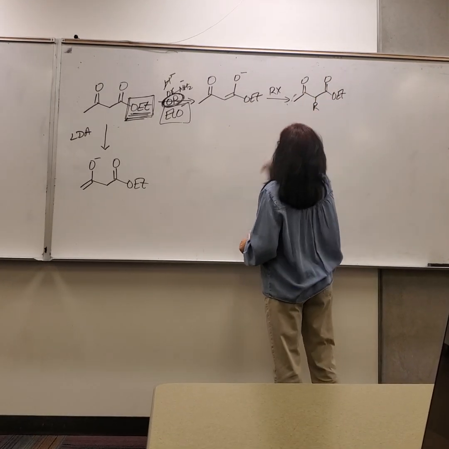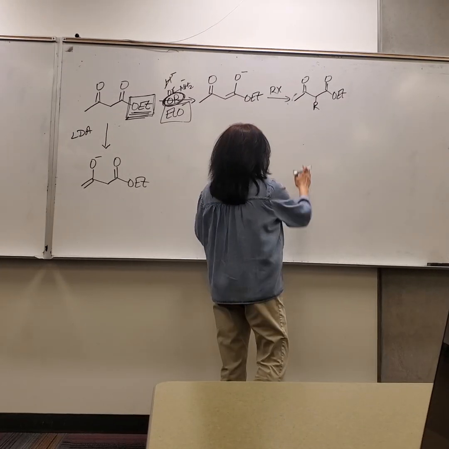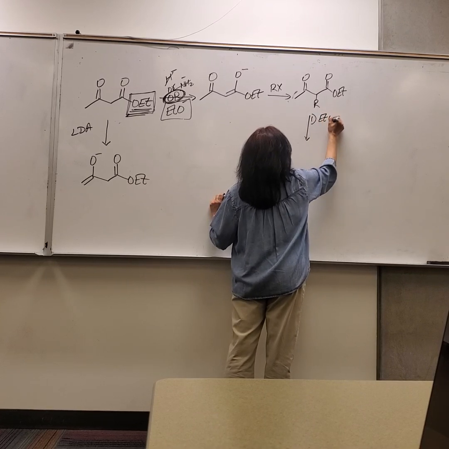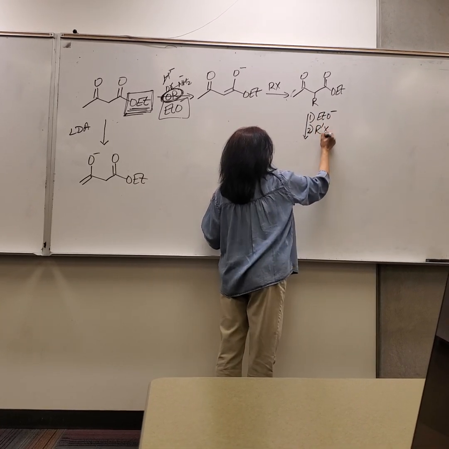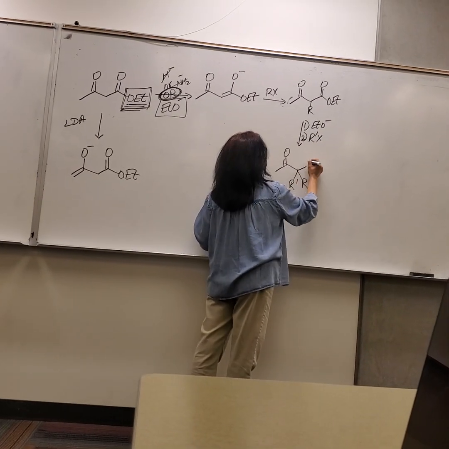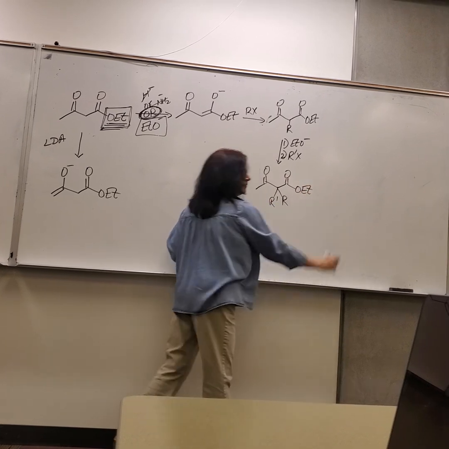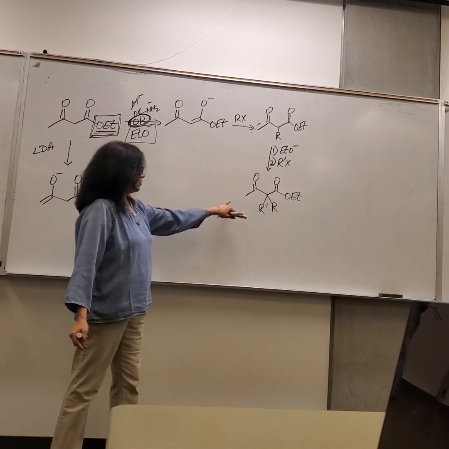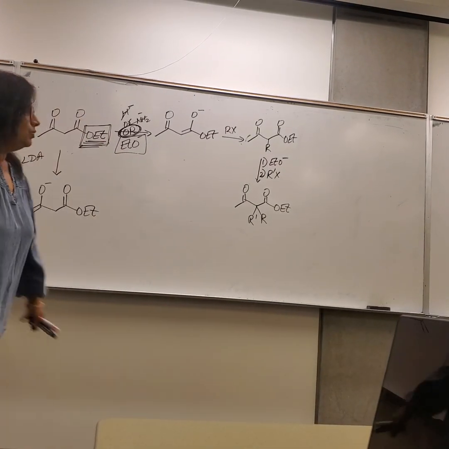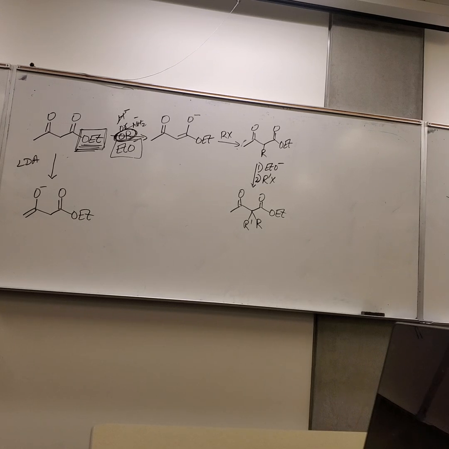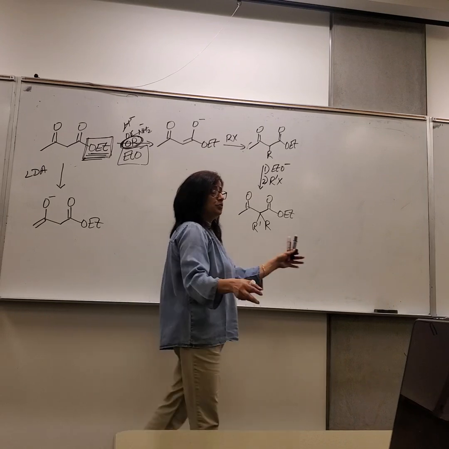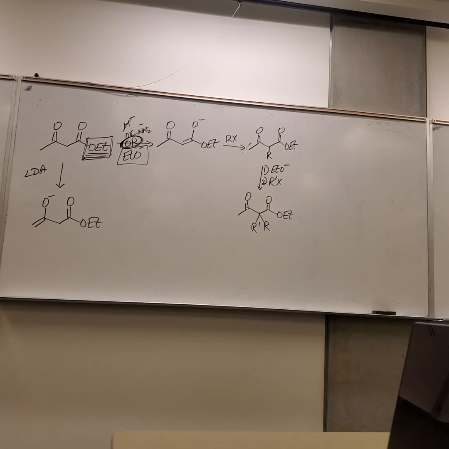Agreed? If there is a need, depending on the synthesis, we can use ethoxide again, followed by a different alkyl, which means I can do a double substitution. Again, it depends on what it is that we are trying to make. If we need it for the synthesis, I could then deprotonate here, put R's over there, whatever it is we need to do. We can manipulate the situation based on that. Everybody okay so far? Once you've put all the R's wherever they need to be,